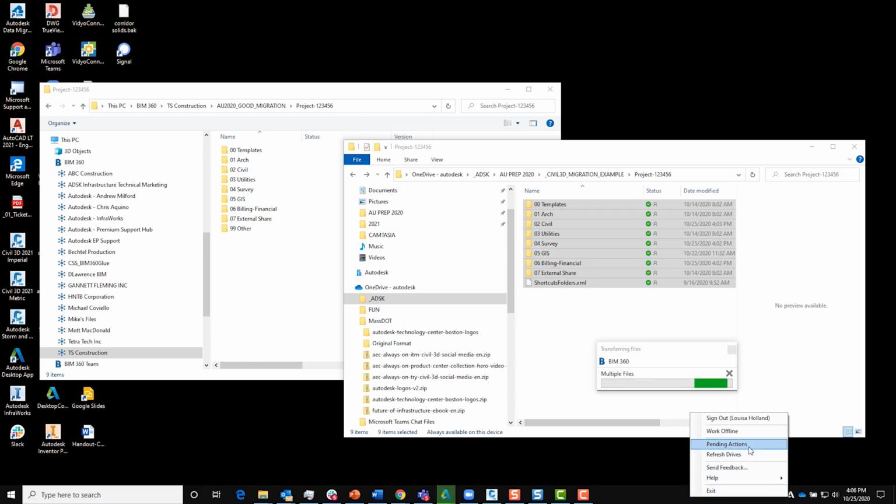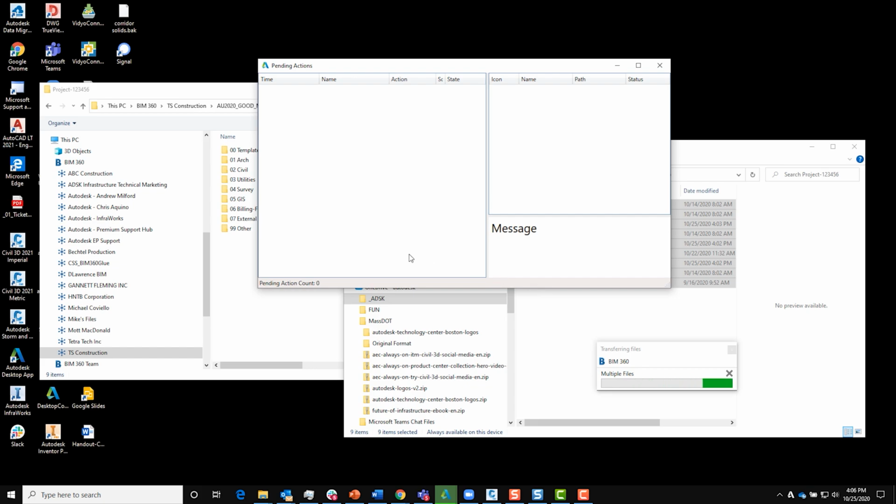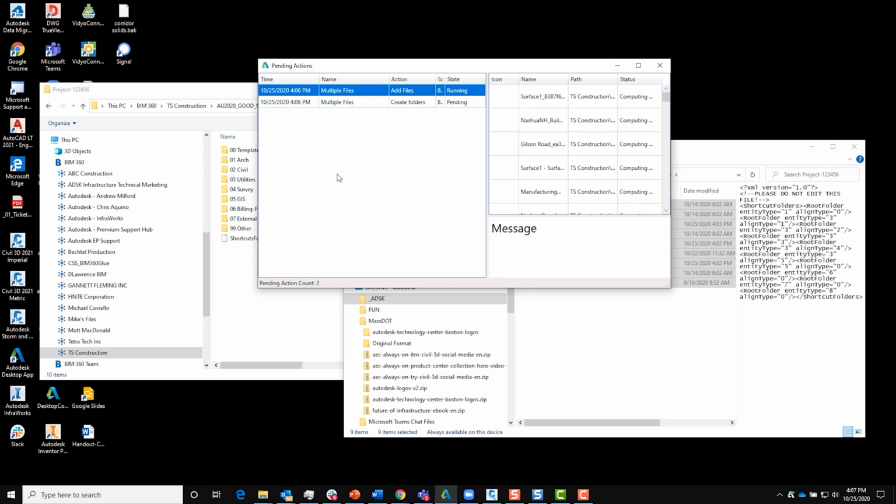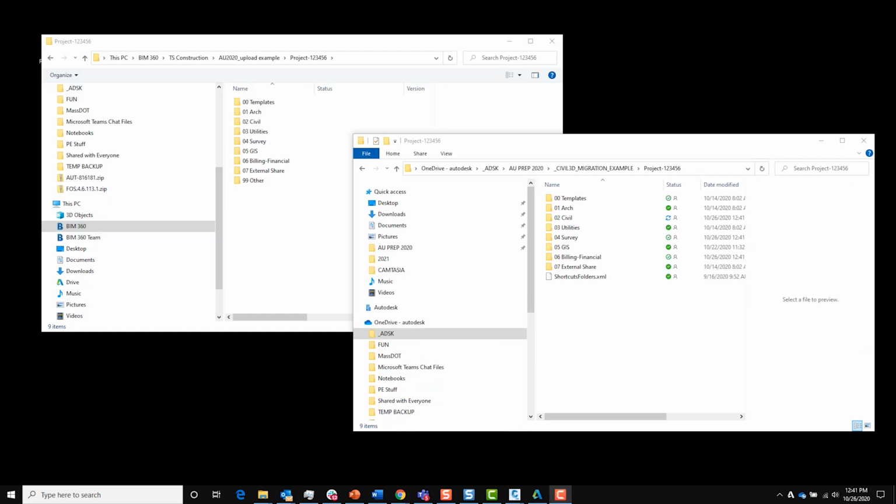If you right-click on the white Desktop Connector icon, you can go into Pending Actions and see what's going on. Now, if we look inside Desktop Connector pending actions, we should see a flurry of activity as it uploads the files to our project folder.